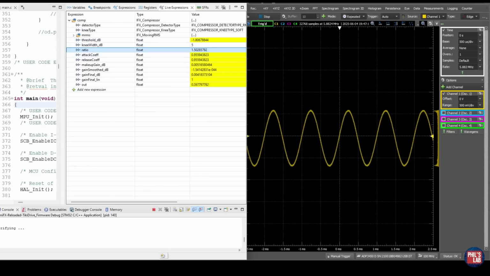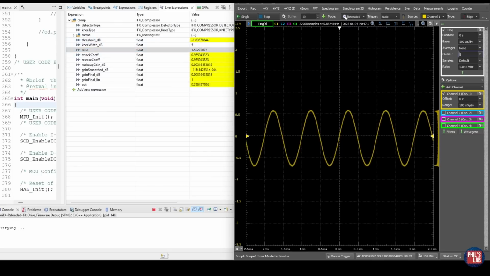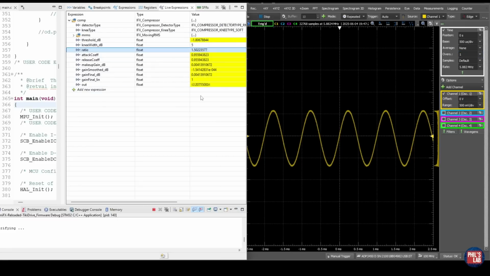in real time. So with a 1 kHz 1 volt peak sine wave fed in, we can really see we are getting some attenuation with the compressor engaged with these various settings. The threshold is pretty much at a maximum, so close to 0 dB, meaning the compressor shouldn't be doing terribly much because the threshold is very high for compression to begin. The knee width is a constant and the ratio is set to the minimum at 1.5. The attack and release I've set to the fastest values, and the makeup gain is currently at a minimum as